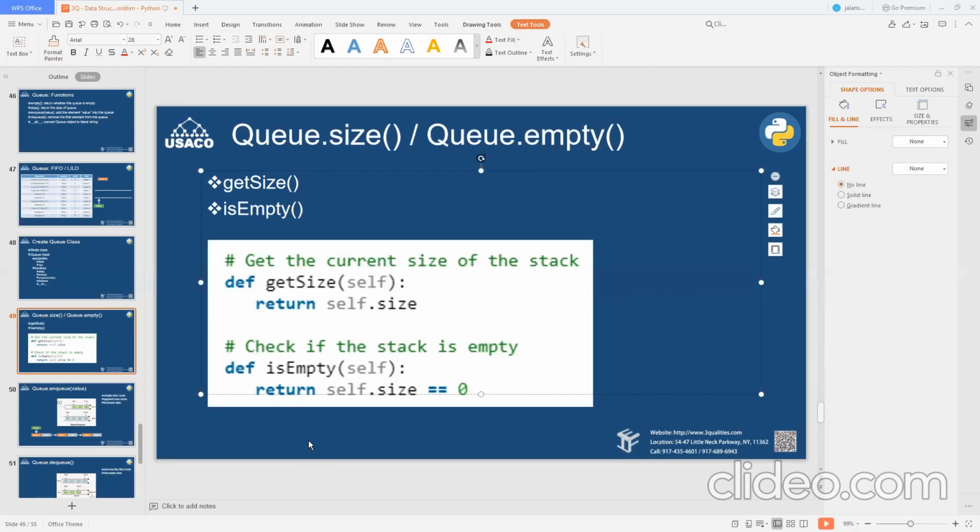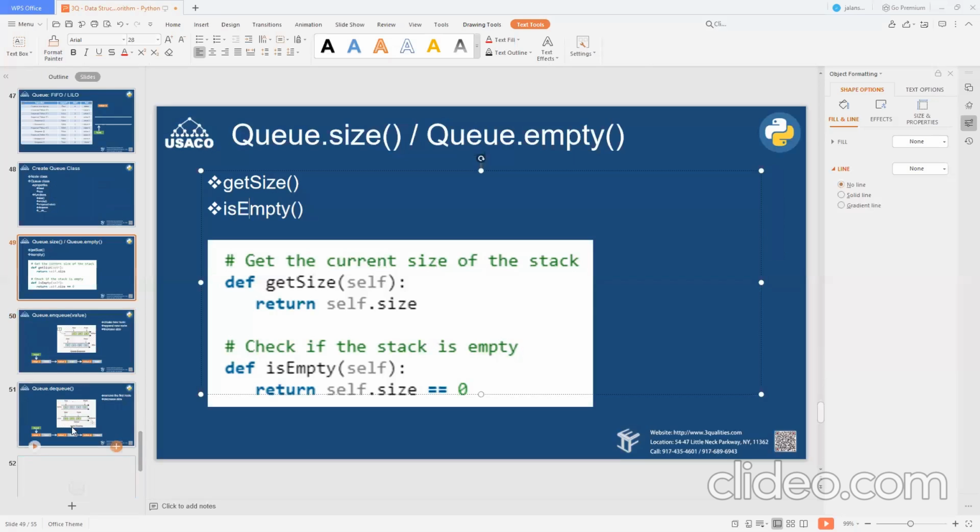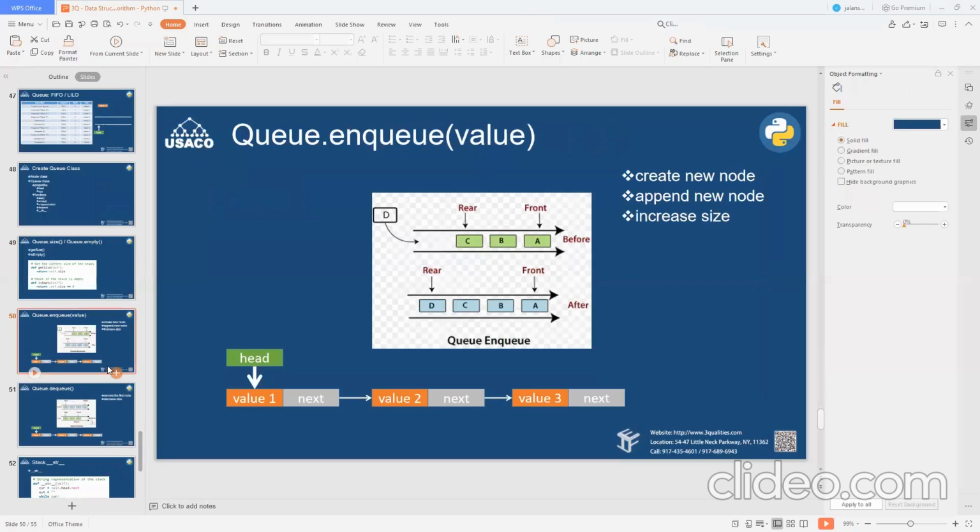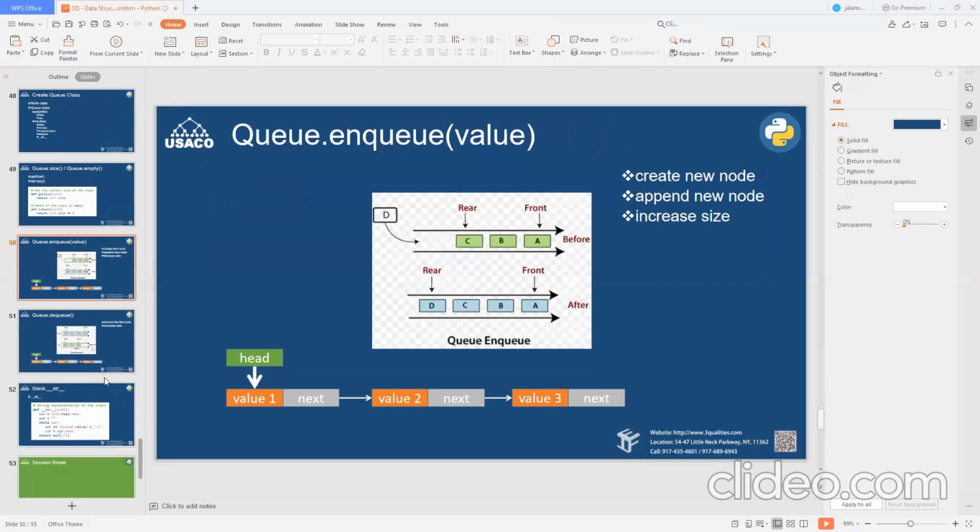But very important: when you make changes, when you include a value into the queue or take a value out of the queue, you have to remember to change the size value, to always maintain the correct count of the items in your queue.